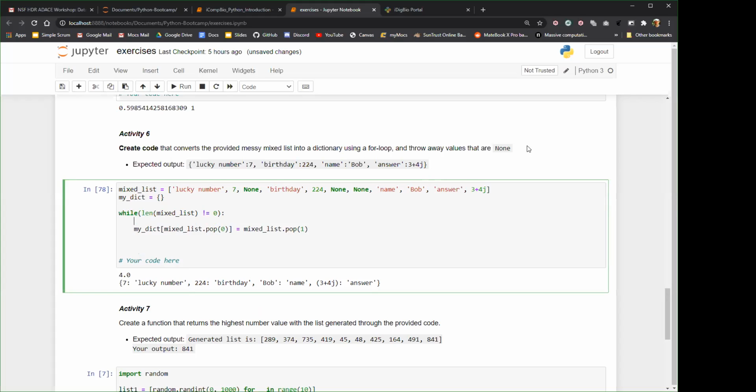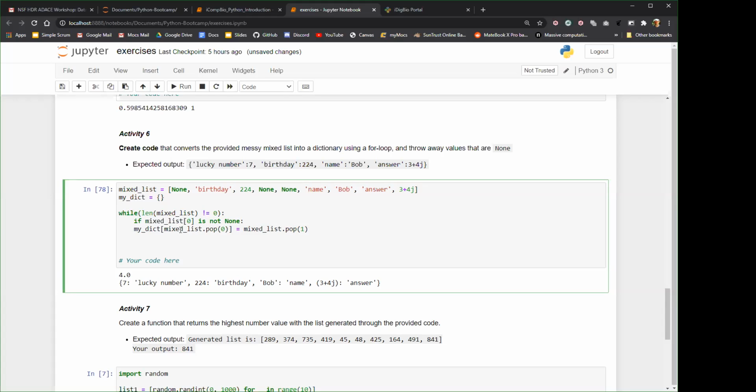So we can do that by saying if mixed list at the index of 0, since we're going to be continuously deleting the first and second variable in this, if the index at 0, let's say it ran through the first time, is not equal to none, and there's another way to say this, which is more Pythonic and is preferred, which is not none,